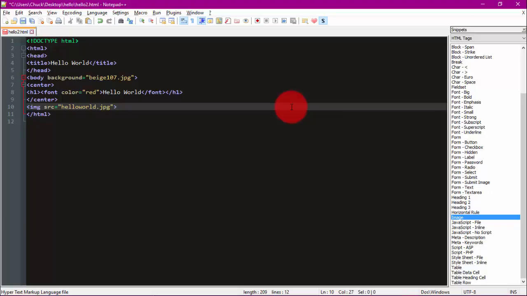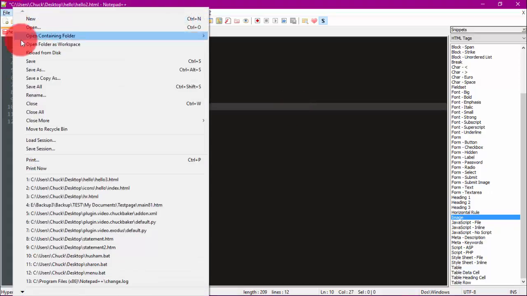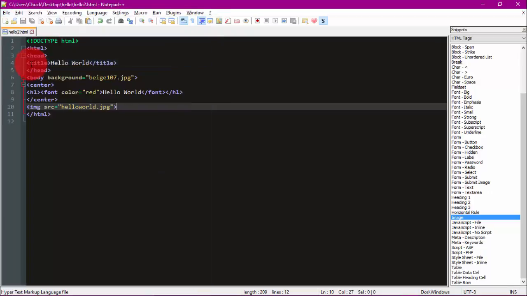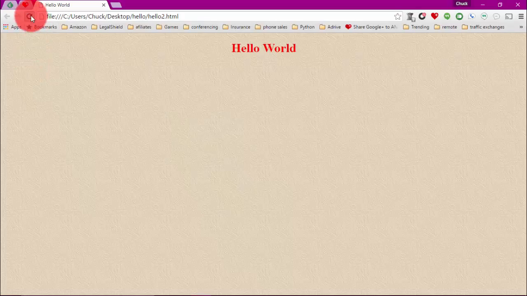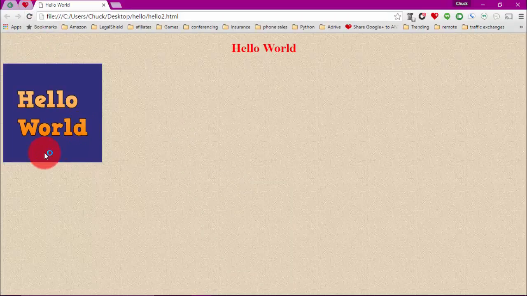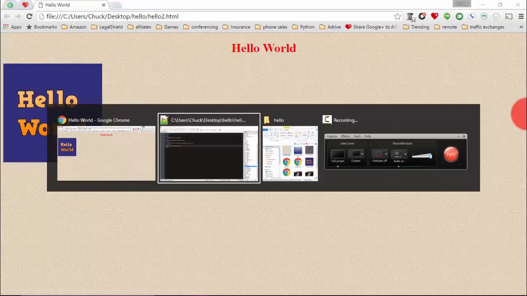Okay. Now, if that's all I put and I save the file, let's go ahead and save it. And then go back to the website and refresh it. See, it put the image over here on the left hand side, but I want it to go over here on the right. Just think that looks better. So let's go back to Notepad++,